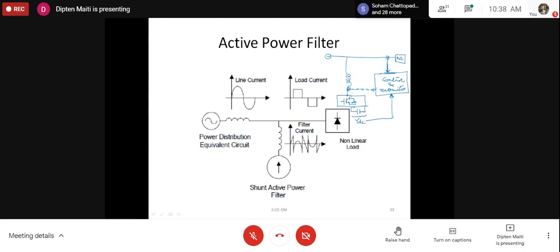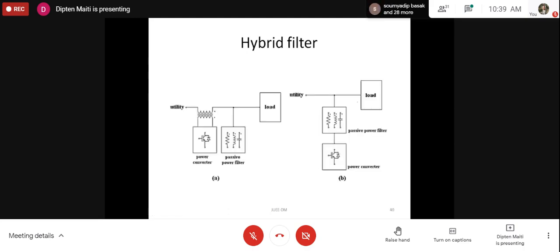So this way, taking into account the current drawn by the nonlinear load and the DC bus voltage or the capacitor voltage, the control and monitoring block would generate control pulses, usually the switching pulses, and that would be supplied to the inverter or to the active power filter, such that it can switch or invert the DC voltage to generate the amount of harmonics required to compensate the current generated by the nonlinear load.